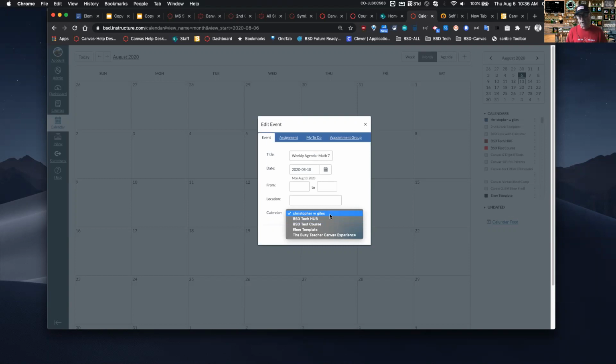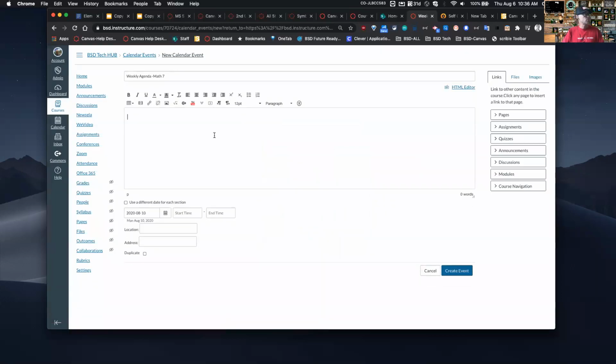And somebody had mentioned earlier, how are we going to build and try things? The reason why I'm showing this is because the rules to building anything in Canvas are the same. And so what I'm showing you right now is the simplest approach, this agenda. What are we learning about this week? So I'm going to choose my course, and I'm going to click on more options. And this is where I can say,